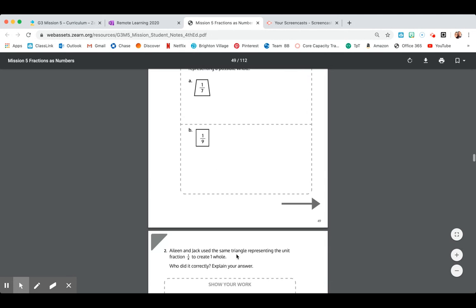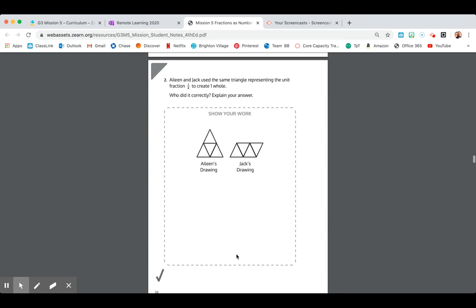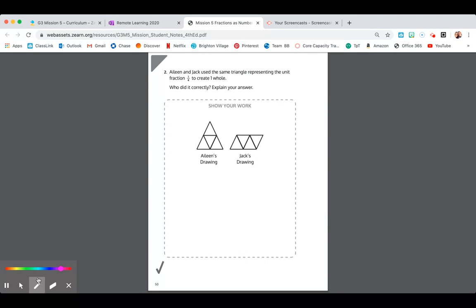Right there. Eileen and Jack used the same triangle representing the unit fraction 1/4 to create one whole. Who did it correctly? Explain your answer. Well, looking at both, if this triangle and this triangle, and each of these triangles, represents 1/4, and they are the same size,